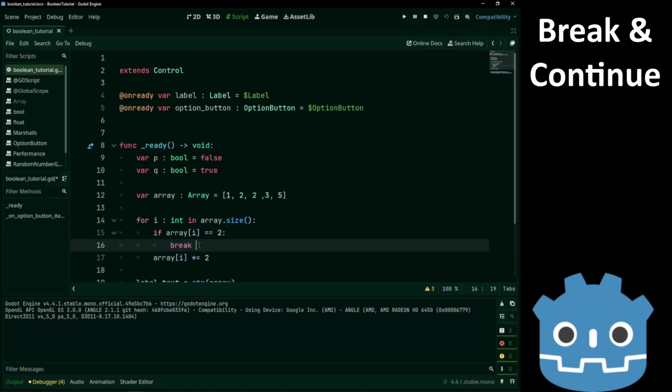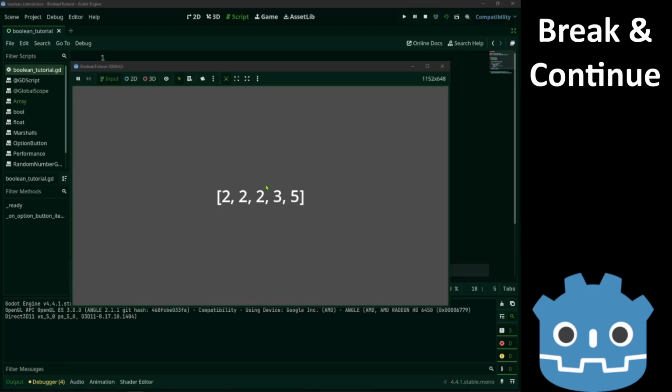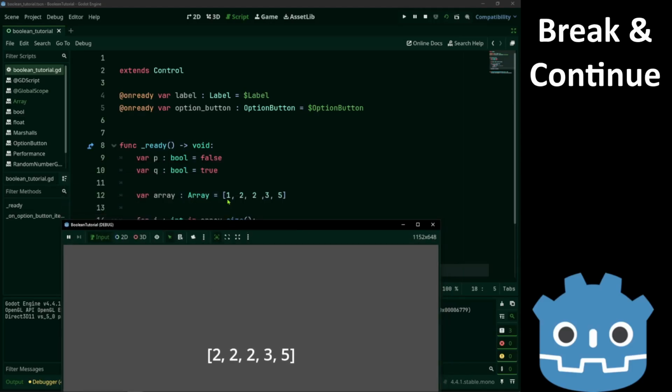Whereas break ends all repetitions. So we just exit the loop. Now only the first number was doubled, because we found a 2 and left the loop.